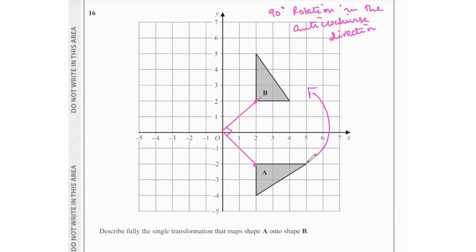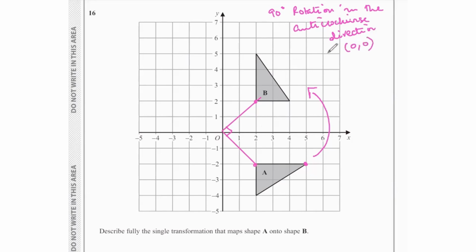But if you look at this one, this was 1, 2, 3, 4, 5 units horizontally and 2 vertically. So when you rotate it, it becomes 2 units horizontally and 5 vertically. So as you can see, the direction of the shape has changed. So that's how you can check whether it's a rotation or not. And the center is